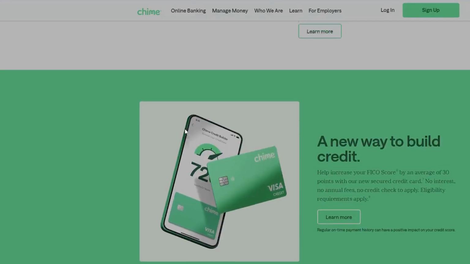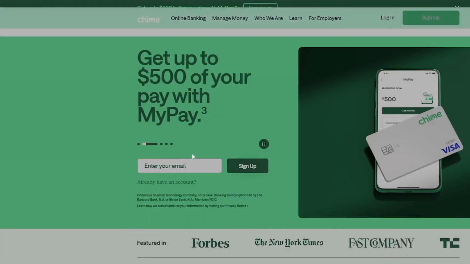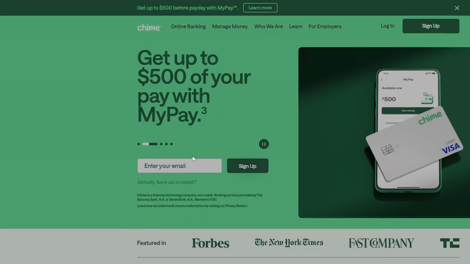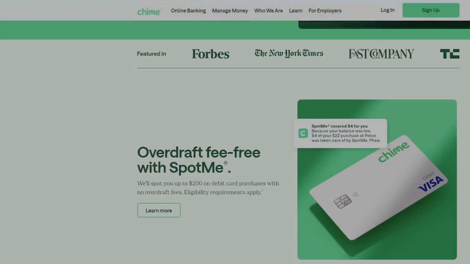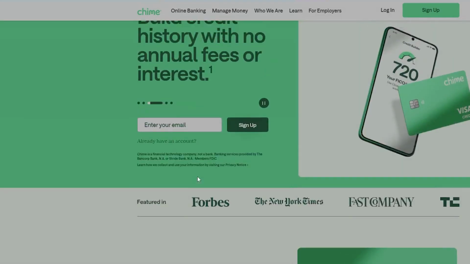If you're new to Chime, here's a quick tutorial to help you get started with the Chime mobile app. First, download the Chime app from your App Store or Google Play and log in with your credentials. Once you're in, the home screen shows you your available balance right at the top, so you always know